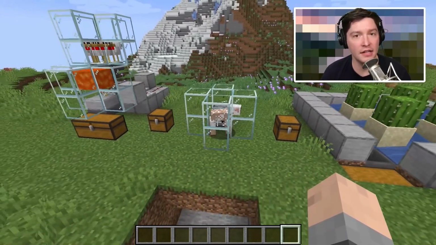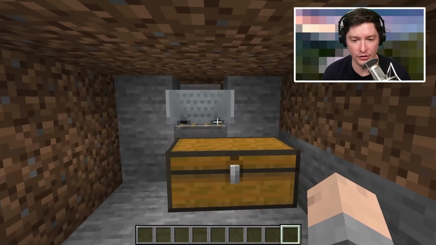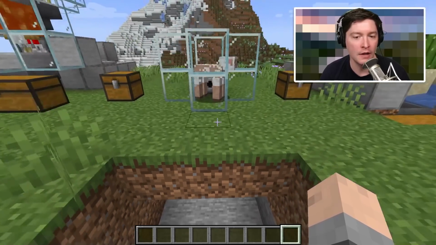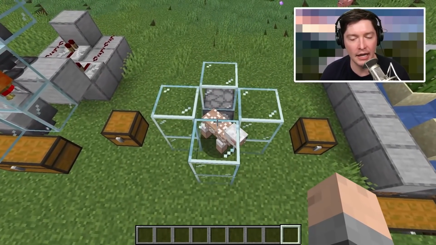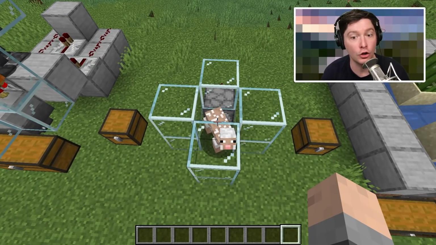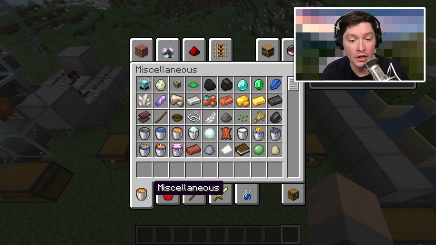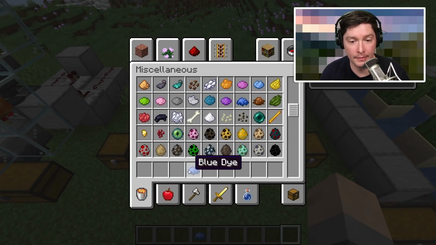Moving on, this is a sheep cutter. I don't know. It will dispense wool. And the cool thing about this is you can dye that sheep any color you want, and then it will have that color wool. So if I go down here and just grab some blue dye,